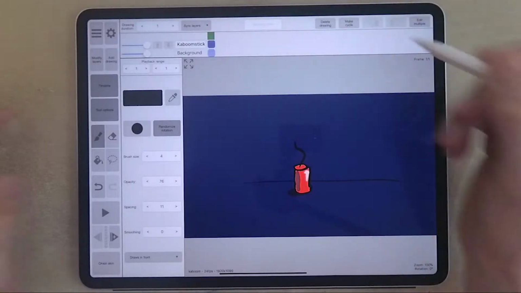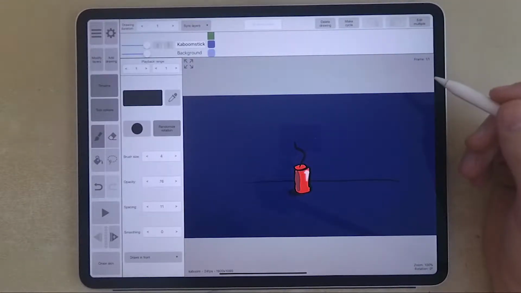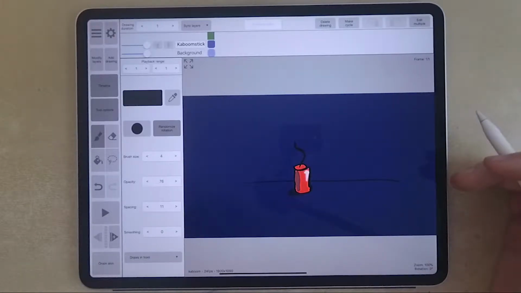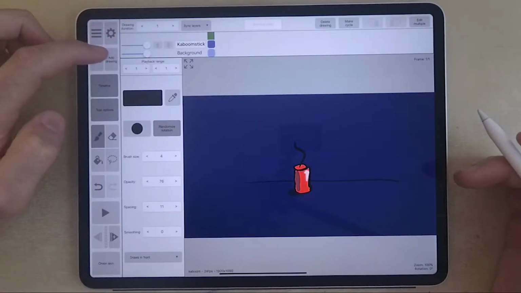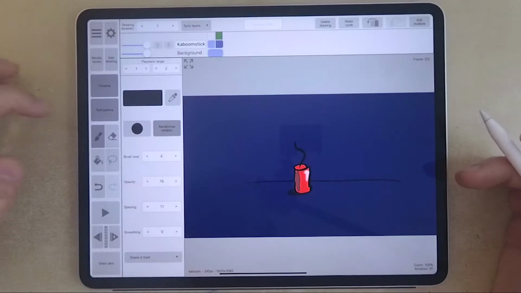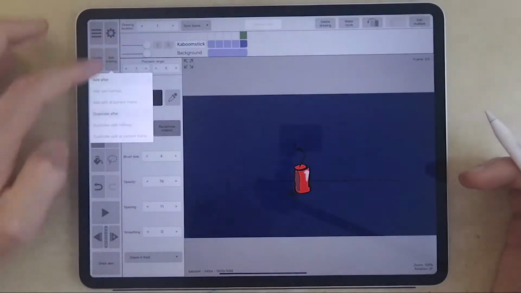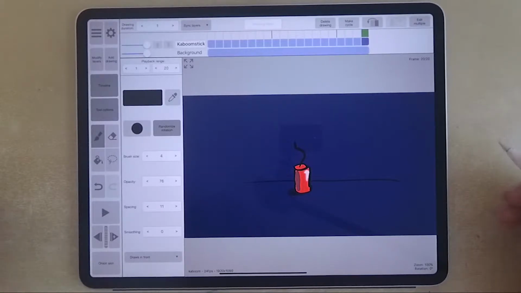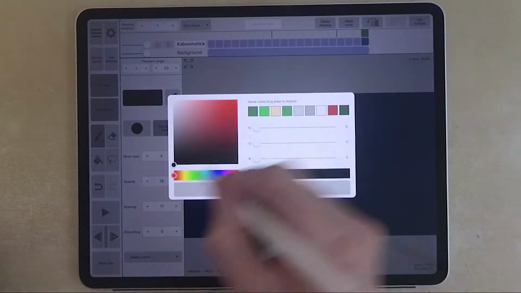Now for the Kaboom to go Kaboom, the wick needs to be lit. So what we'll do, the wick will probably burn over 20 frames. So to duplicate the dynamite 20 frames, we shall add drawing, duplicate after, and we'll do this about 20 times. Now that that's done, we shall add the burning wick. So we'll get a yellow